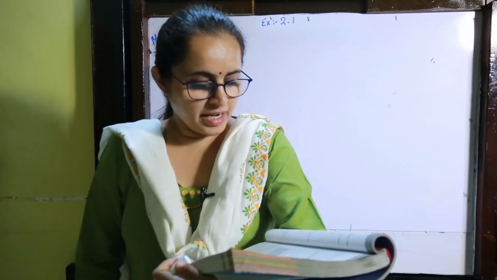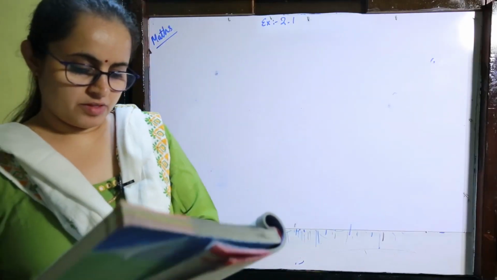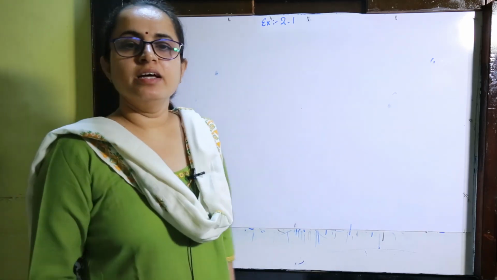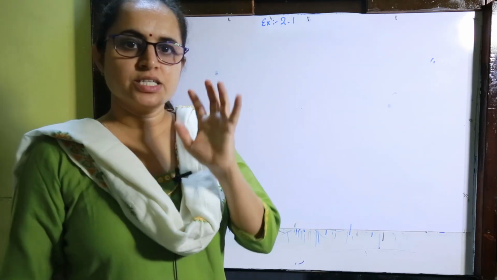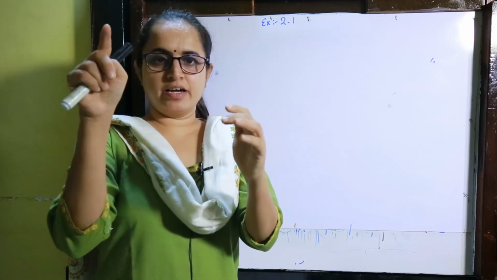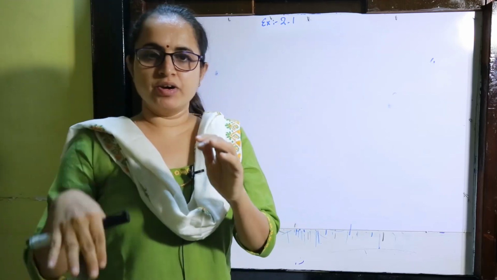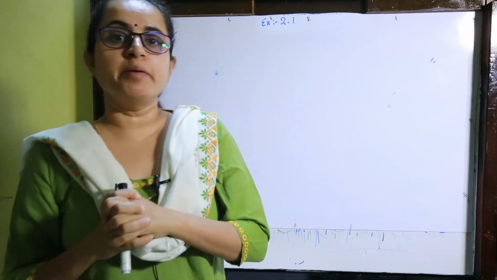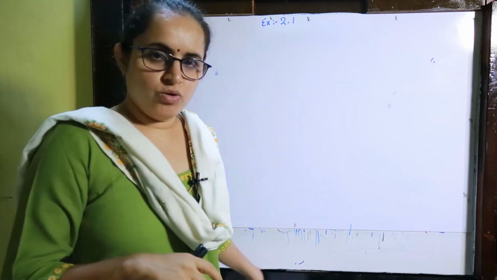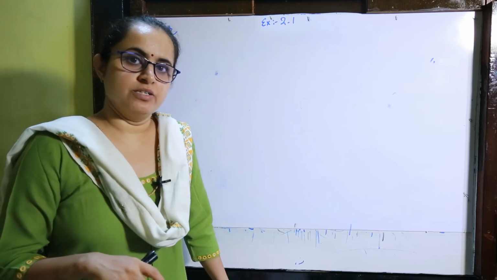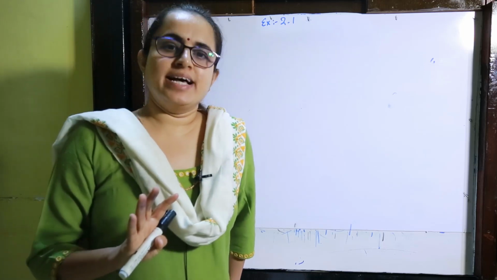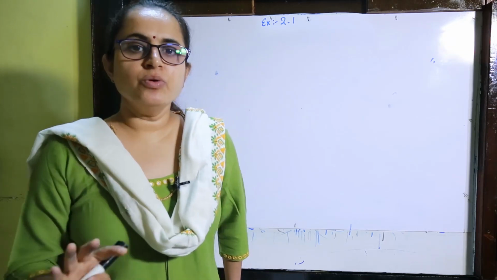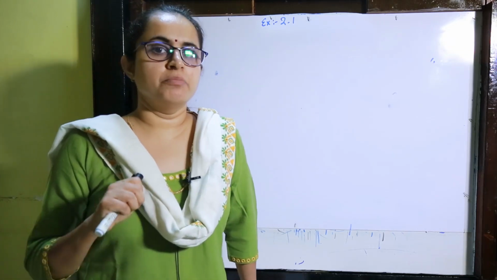Okay, now question number 3. It's a magic square. Now you have done the magic square in the integers as well. Magic square means rectangle, horizontally and vertically, if you add the numbers, the same answer will come. So that is again like fractions. So you can do it as a homework. So I am not doing question number 3 for you. Now we will move on to question number 4.